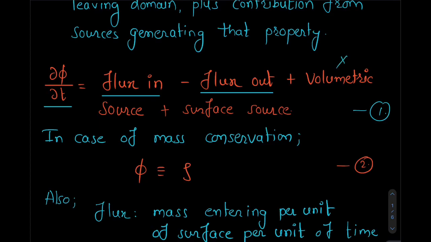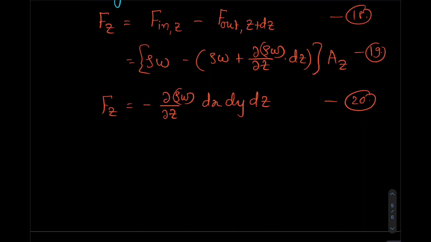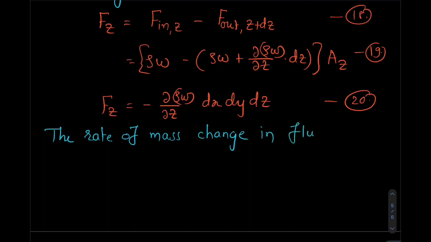Okay, so these volumetric and surface sources we are going to ignore, so we don't have generation of mass. Let us say rate of mass change first of all. This is the time rate of mass change in a fluid element, d phi dt. In this case phi is rho, so partial over partial t of rho dV, and dV we need to model, so dV is the infinitesimal